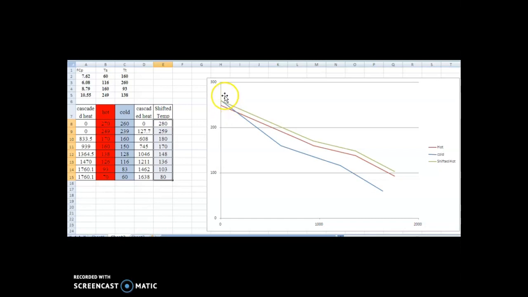And from the hot curve and the cold curve, where it meets, this point is known as the pinch point. Pinch point importance we have already discussed. Pinch point is where the temperature difference between the hot side and cold side streams is minimum, meaning no heat transfer occurs at that point, right?